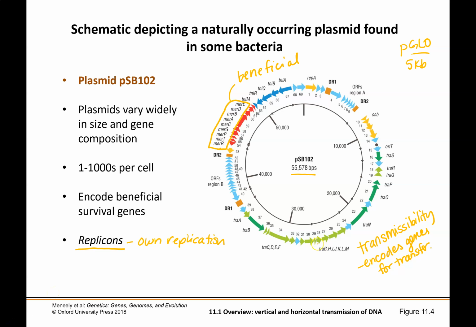So you might notice these arrows that are on our DNA molecule here. Those indicate the direction of the gene. You see that genes can run in both directions. They are encoded on either strand. You've got some different directions going on here, and we'll get to this a little bit later as well, but genes can also be encoded on opposite strands running opposite directions. So there's a lot of room to encode many, many genes within even just a small piece of DNA like a plasmid.